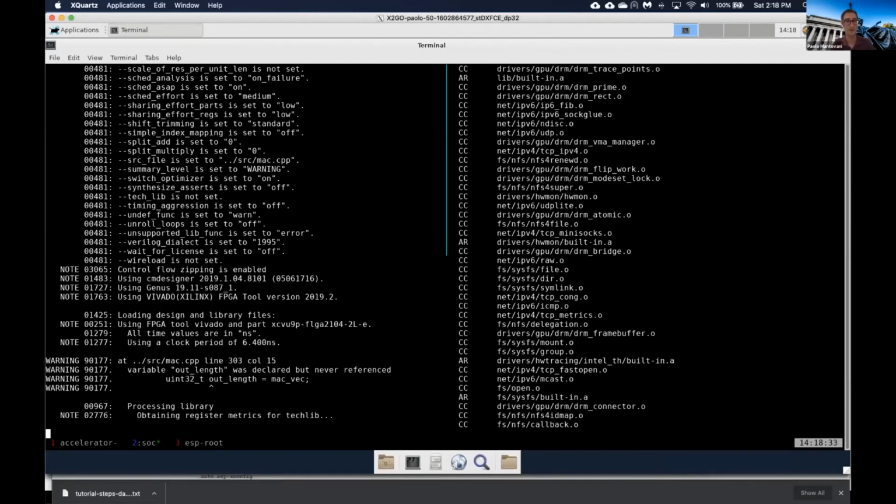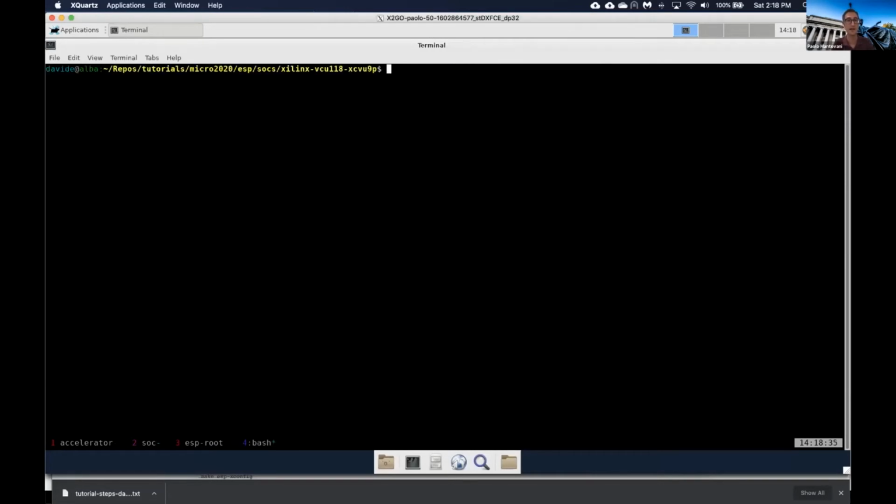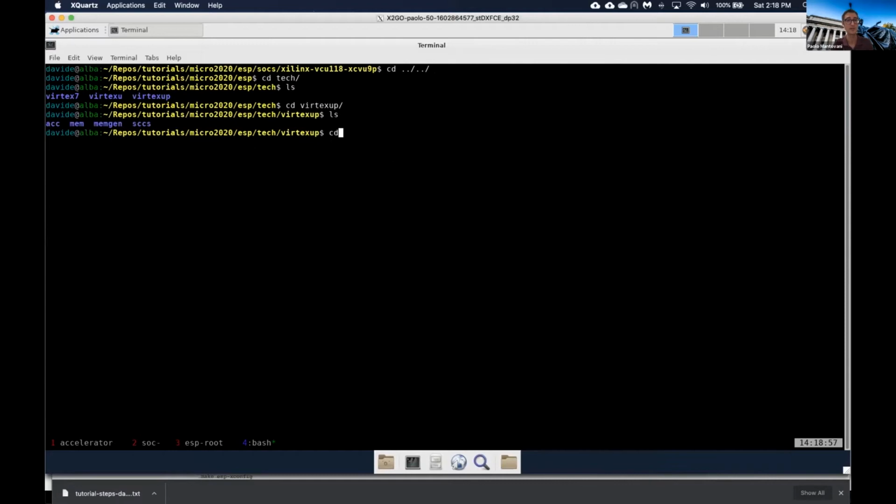While it compiles, one of the things that I can show you is, if you do not have access to the high-level synthesis tool but want to move to the system configuration, what you need to do is to go into the root of ESP and then enter the tech folder. And then, for example, we've selected the VCU118. So this is going to be the Virtex UltraScale Plus technology folder. And you see here that we have an accelerator folder where things have been generated. For example, if we open the Mac folder,